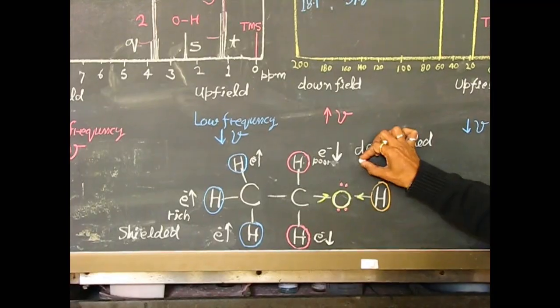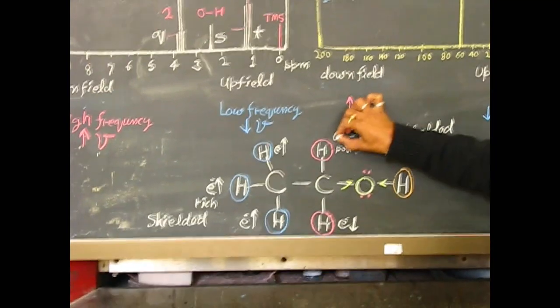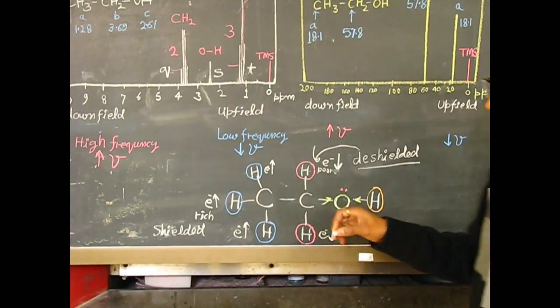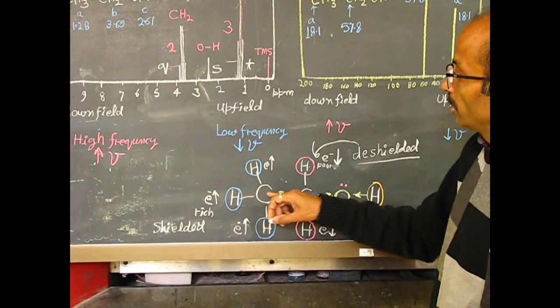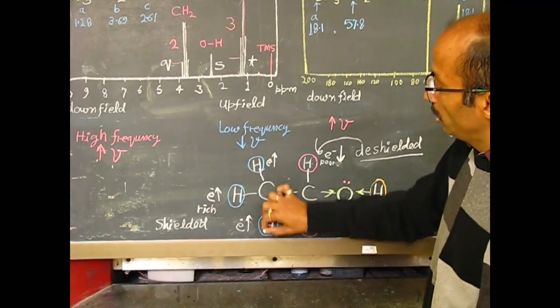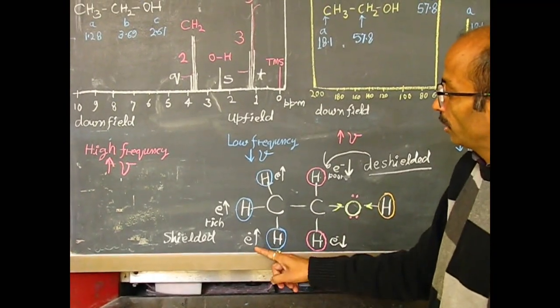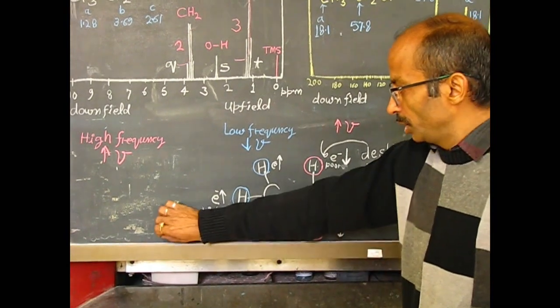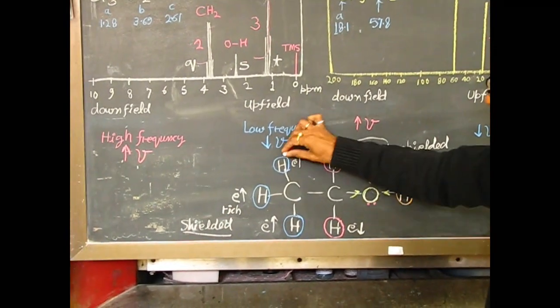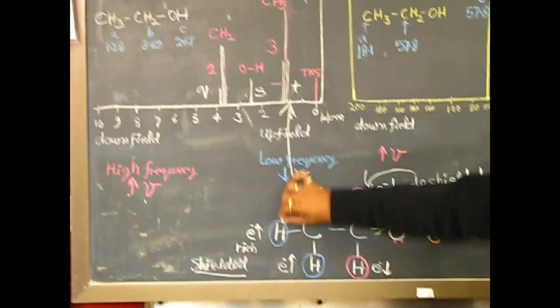and similarly for this one. So they are called deshielded protons, and this electronegativity effect is less on the CH3 protons. That is why they have a comparatively electron rich environment, and they are called shielded protons. So these CH3 shielded protons appear upfield